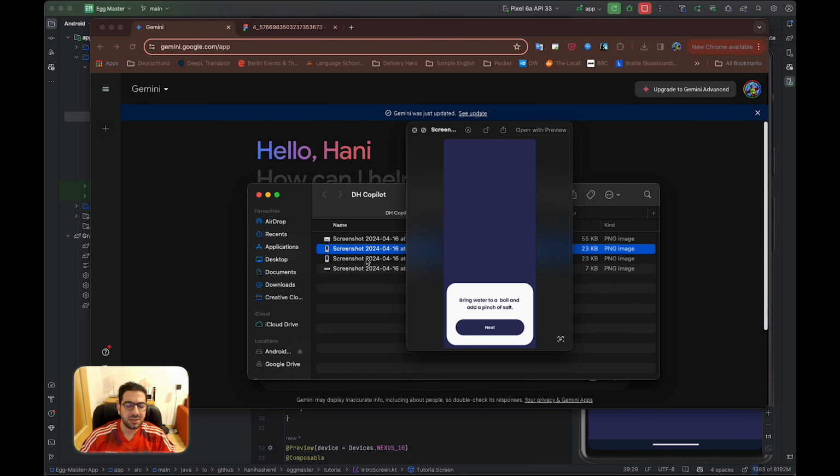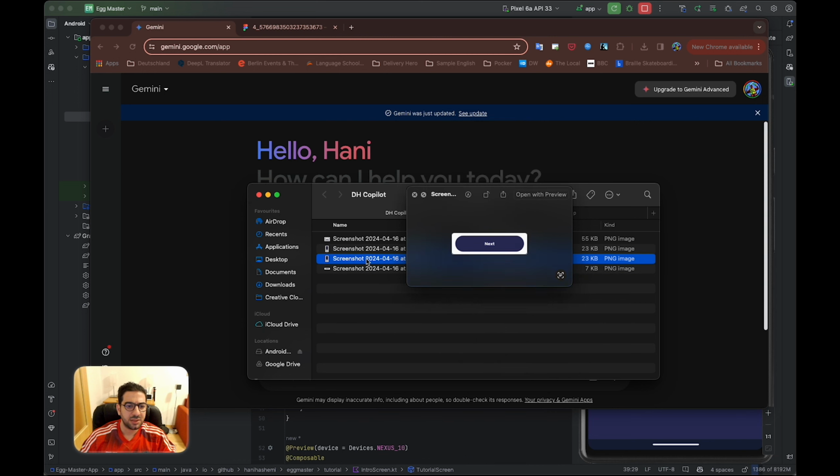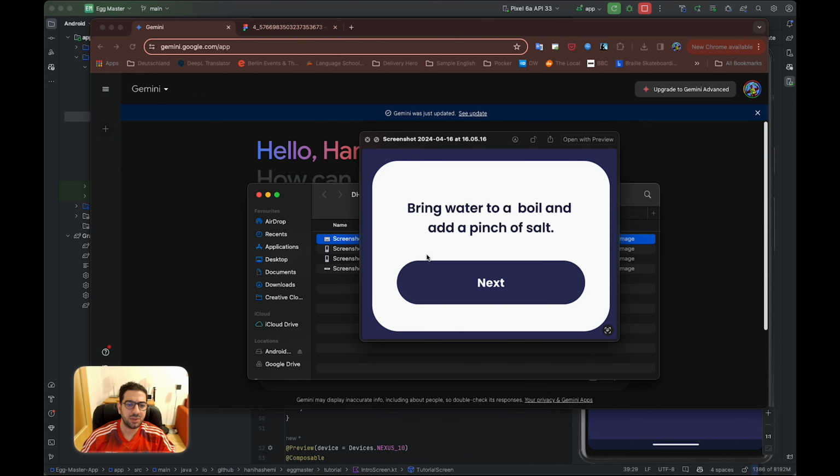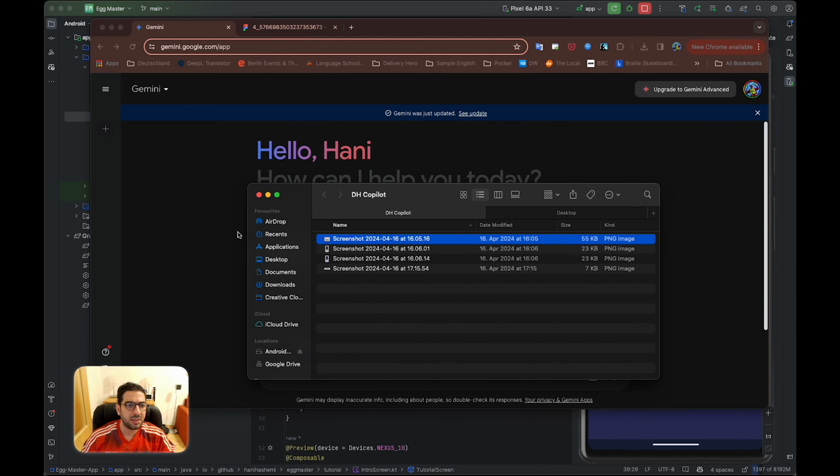And by clicking on the next button, we want it to be changed to this one, right? So what I'm going to do is give this design to Google Gemini and ask it to implement it with Jetpack Compose, right? So let's do that. But before